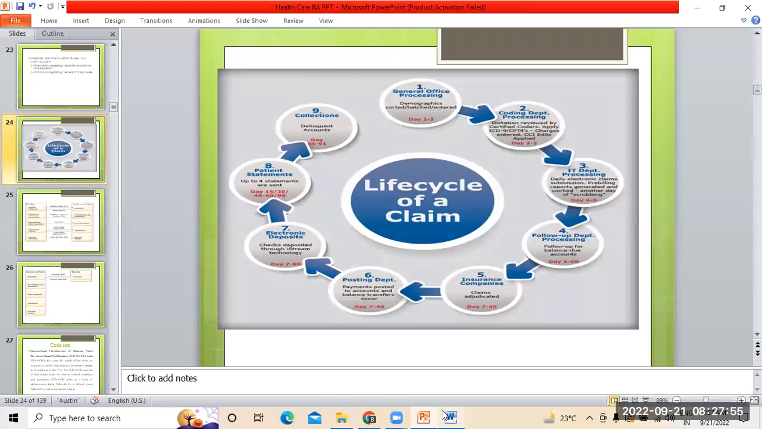So this information will be verified by the insurance organizations, where they need to see whether any additional information is required. That will be taken into account under claims adjudication, the fifth point. Once the claim adjudication is done, the next is the posting department, where we post all the payments to the